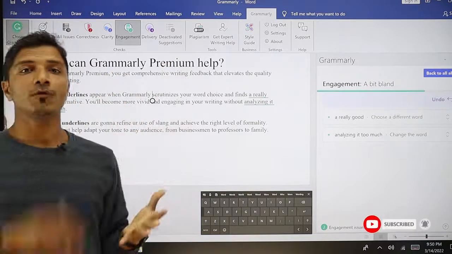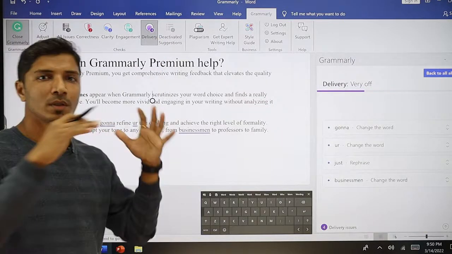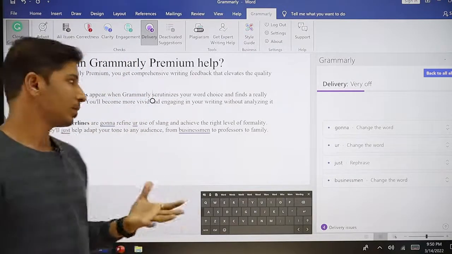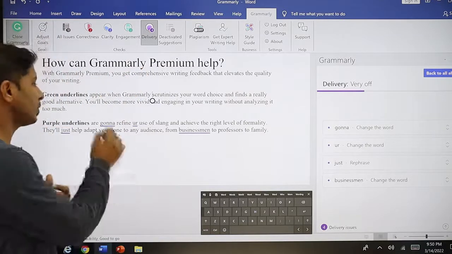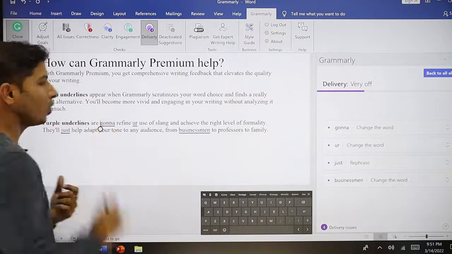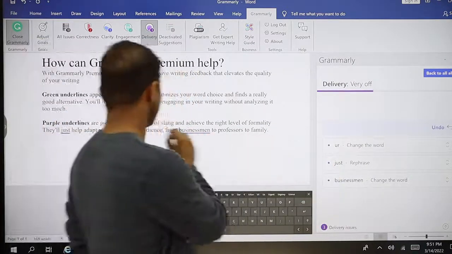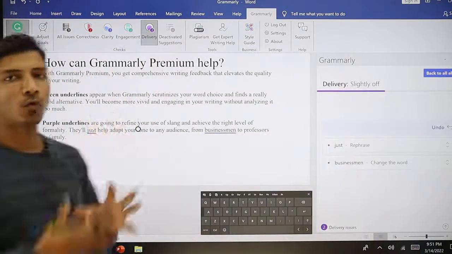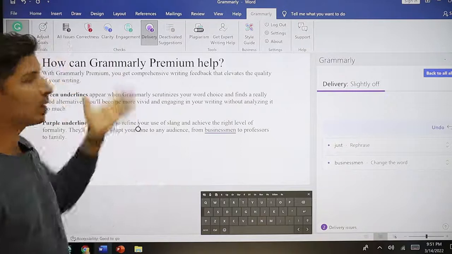And then the last option, if you wanted to go beyond engagement, then the delivery, to deliver your written text in an excellent manner. In that sense, basically this is used. So for example, sometimes we will be using this underline, gonna, which is casual. This should be going to, and this should be your. So in this way, this kind of word reflects negative delivery, that can be replaced with this option.